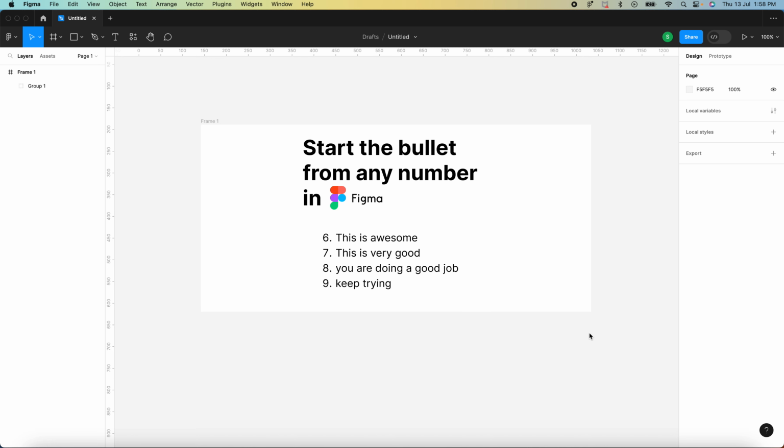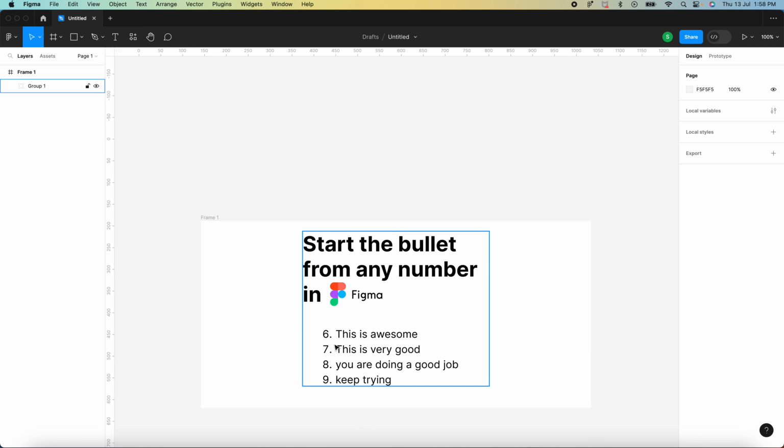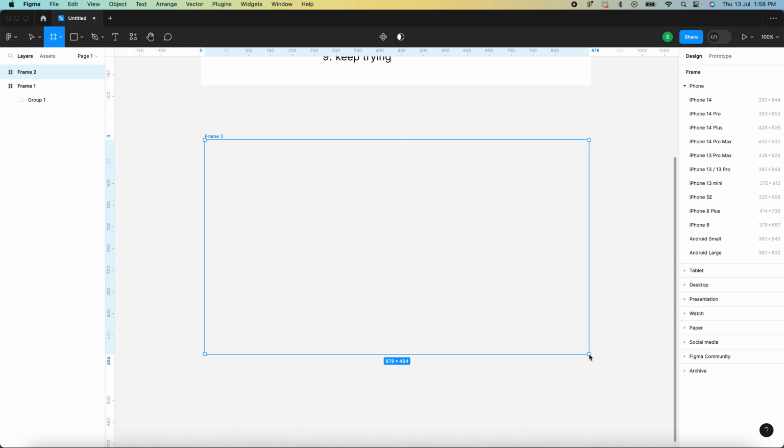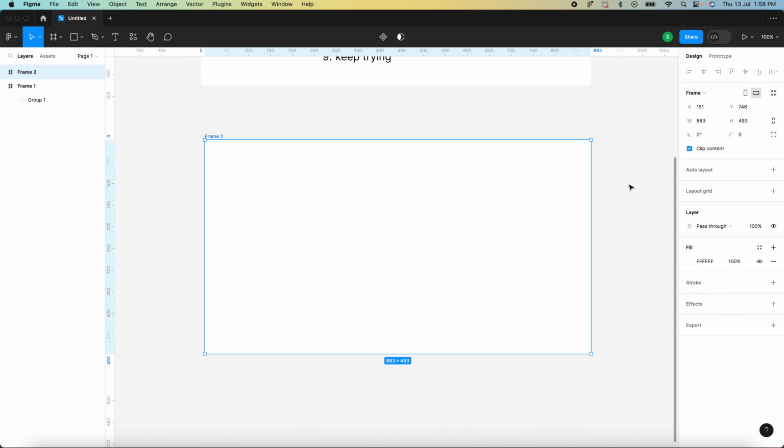Hey designers, today I'm going to show you how to start a bullet from any number. To do this, just create a frame first, F, a random frame, and type T on your keyboard